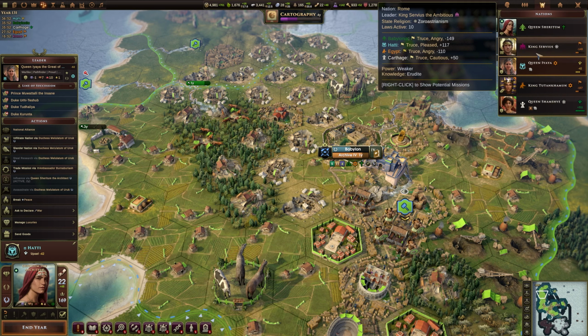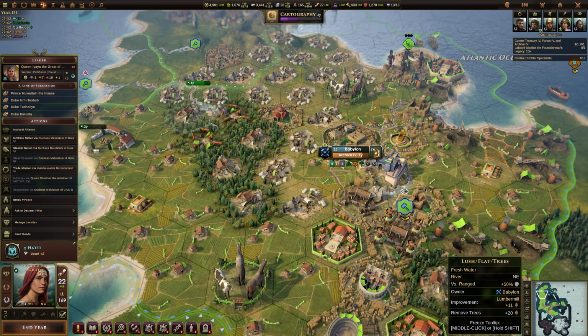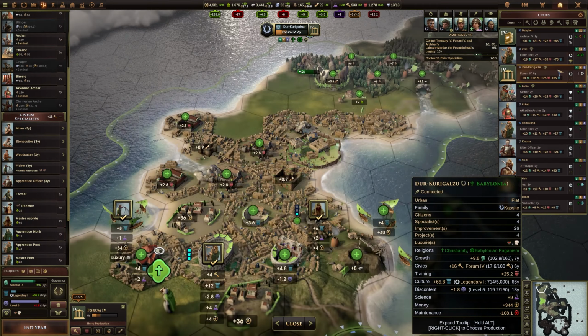Because the only one I'm not bothered about is Rome. And Rome actually don't hate me as much as they used to. He's still at the bottom in terms of score. We could do with some more luxuries. I'm not too sure how our cities are doing in terms of their discontent. So you're gaining some,